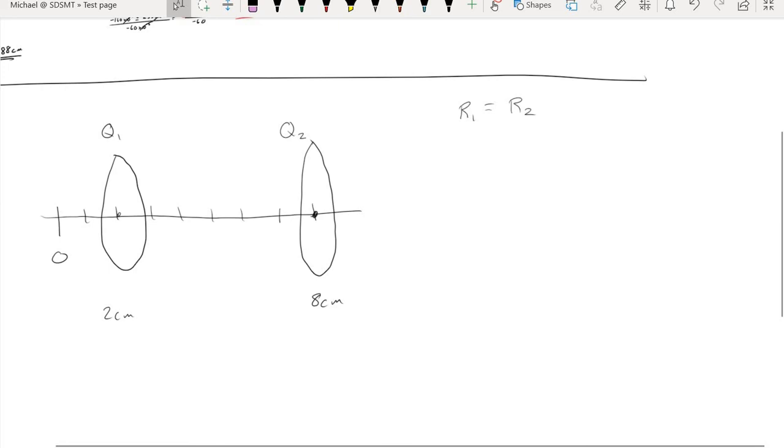Okay, so now we have our 2 rings, equal radius, even though it doesn't quite look like it in the picture. But that's the drawback of trying to draw anything. But they are separated by 6 centimeters. And between the 2, at the, let's see, you've got to count over 1, 2, 3, 4, 5, 6. At the 6 centimeter mark,